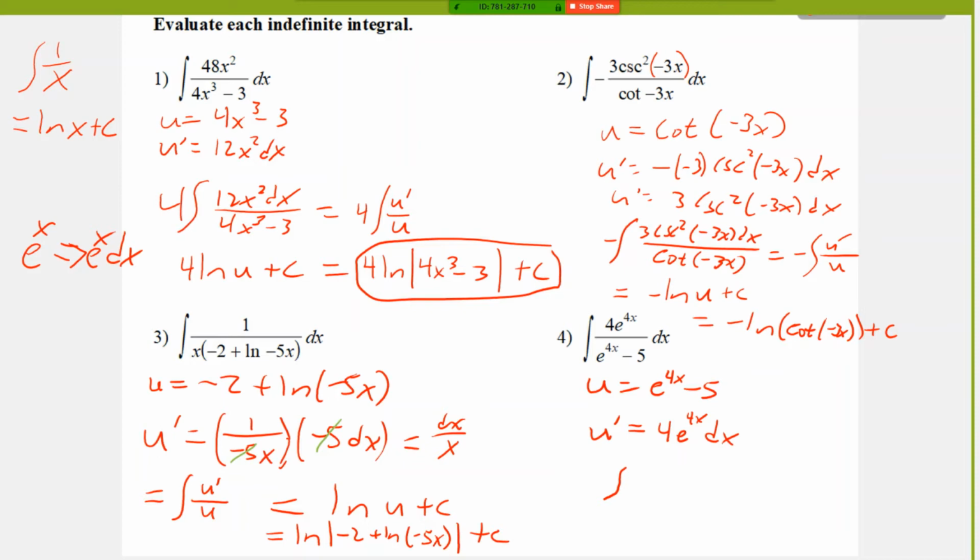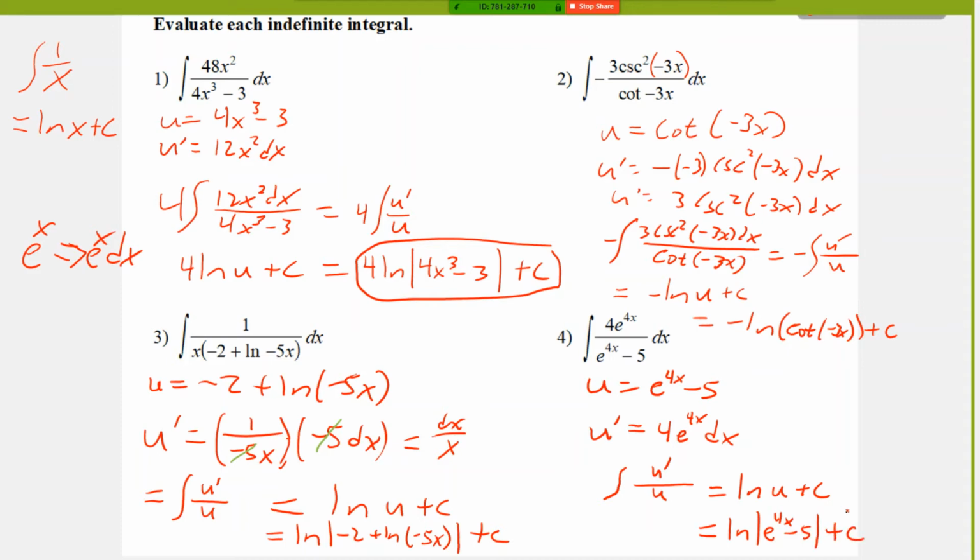Okay, we need to substitute. U prime over u, so that's the same thing as everything else we've done on this page so far. If I integrate u prime over u, I get the natural log of u plus c, and then I can go back and resub for u to get my final answer. So this will be the natural log of e to the 4x minus 5